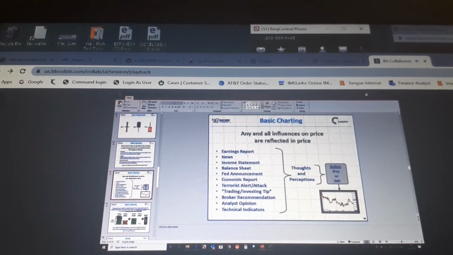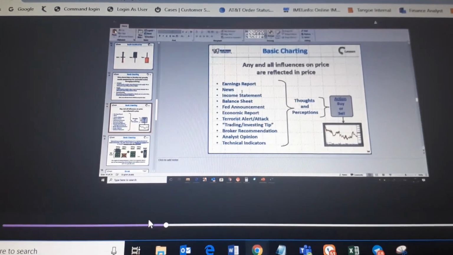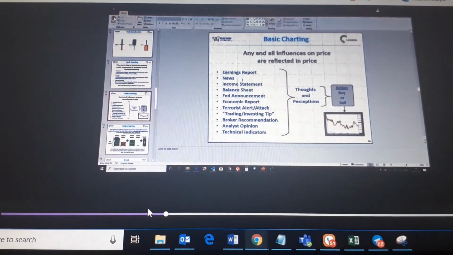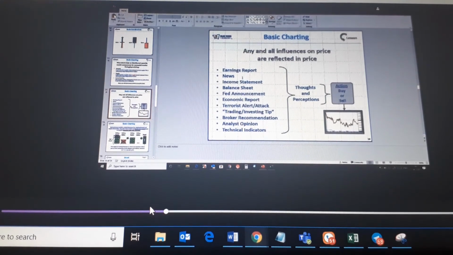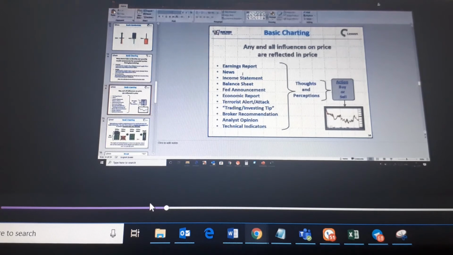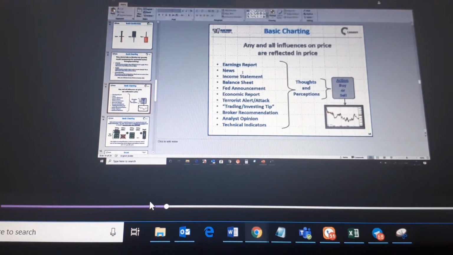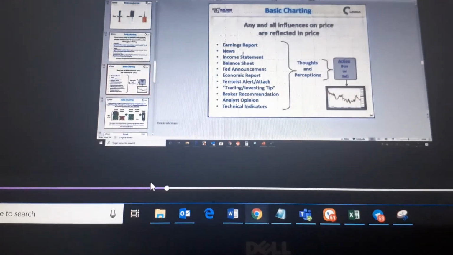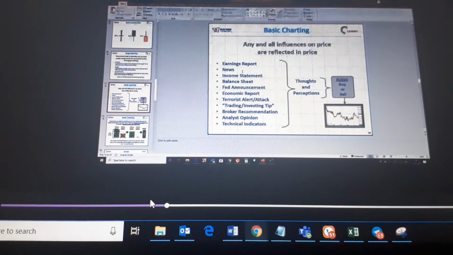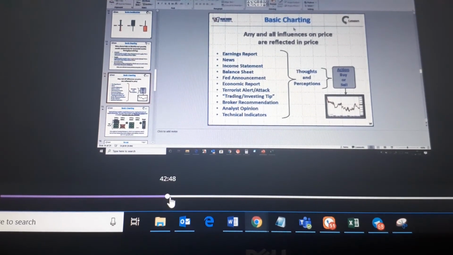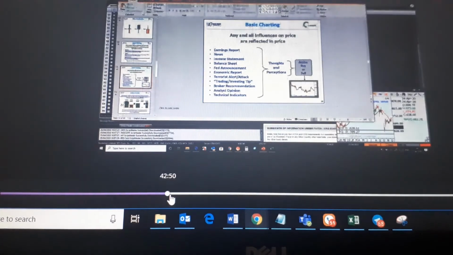Everything you see, the earnings reports and news, is already discounted on the chart. That's how I've been trading for the last 5 years. Whether the news is bad or good, I will always follow my demand and supply on the chart. The only thing that is remaining right now is I have to tell you where your demand zone and supply zone are on the chart, which we will come to know in the coming sessions.